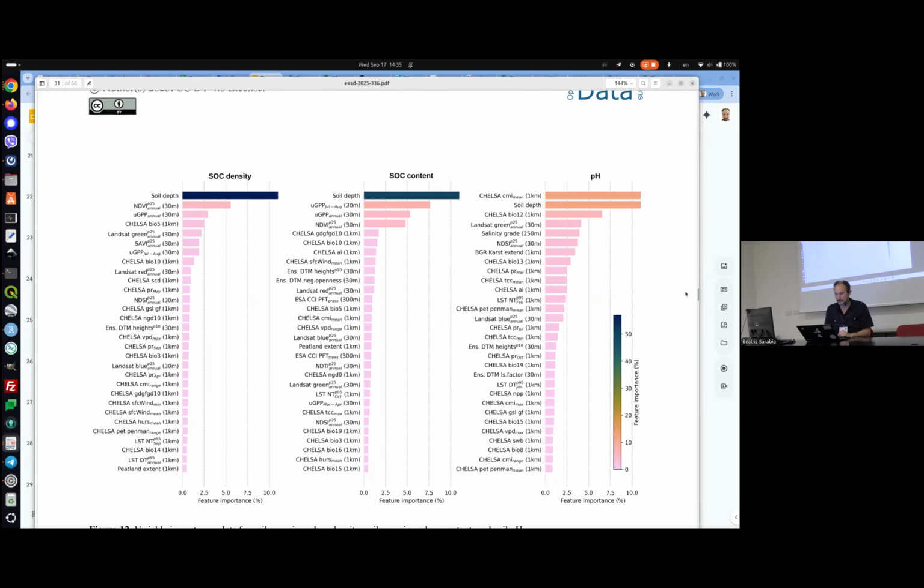That's super interesting because now you see what is really the key to mapping, for example, soil organic carbon density. What is the key? We notice that the key is NDVI and GPP, this product that we developed independently, has nothing to do with soil mapping, but independently we made it. It came up in the top three